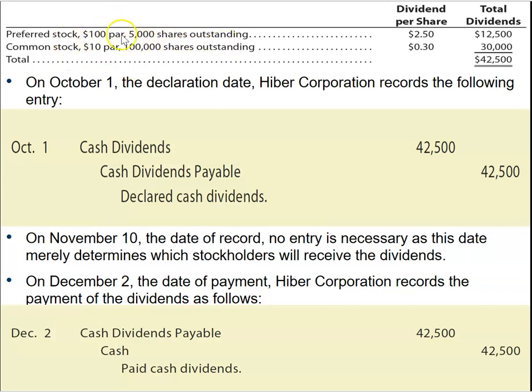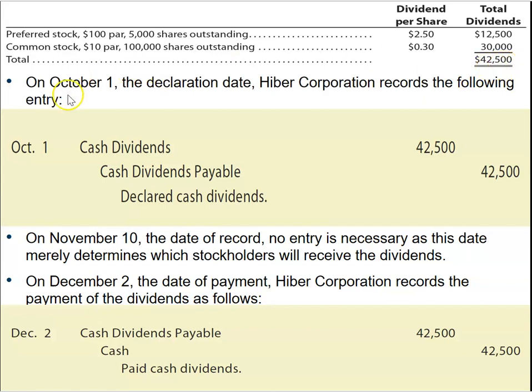Now, the par value here doesn't really matter because we have the dividend per share amount, and then we have the number of shares that are going to receive the dividends. So with regard to the preferred stock, all we have to do is take 5,000 times $2.50. We come up with 12,500. And then for the common stock, we take 100,000 shares times 30 cents. That's actually going to give us 30,000. We add the two together, and we have a declaration of